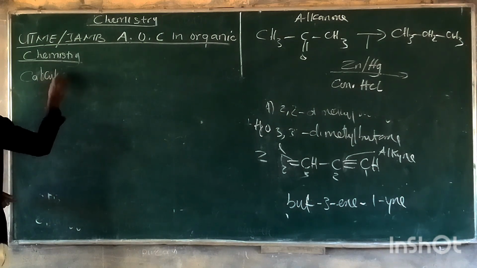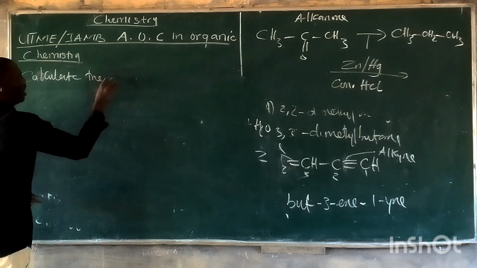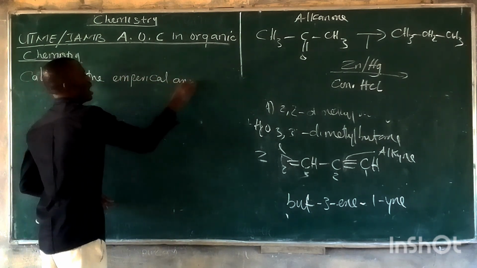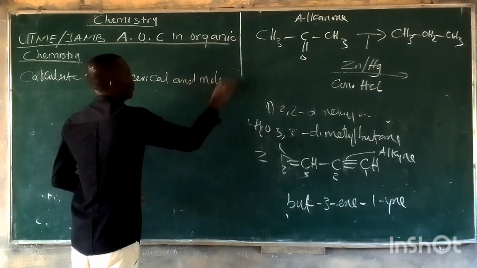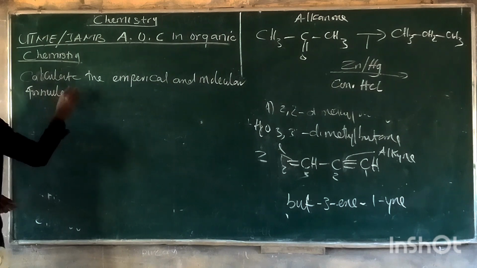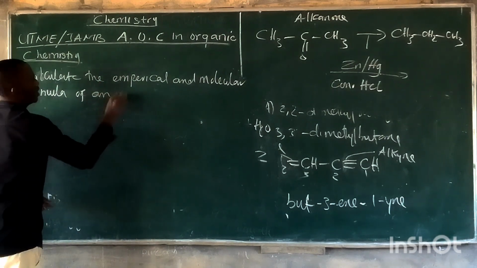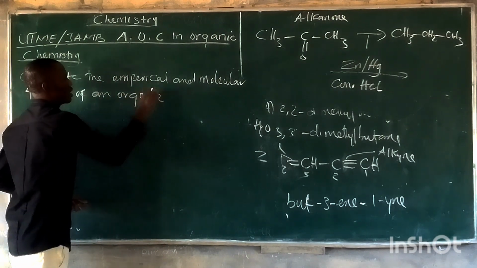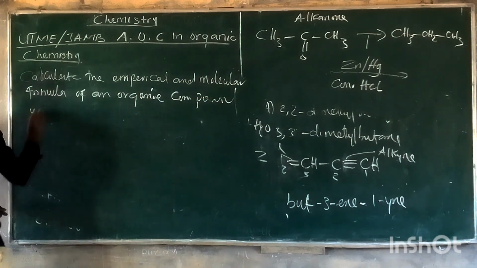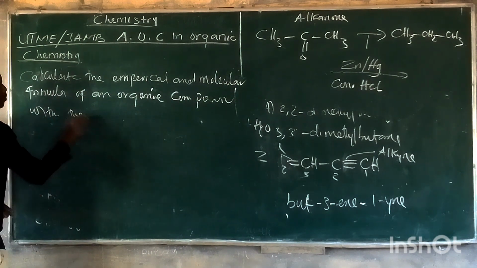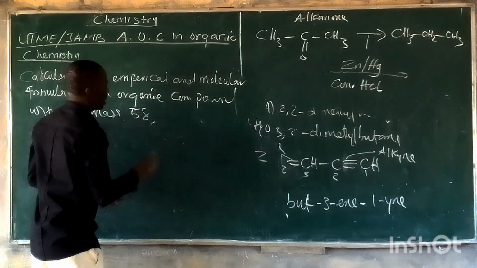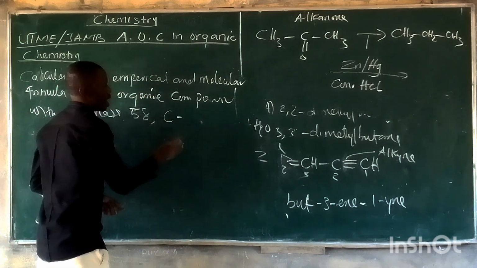Calculate the empirical formula and molecular formula of an organic compound with the mass 58, okay? Carbon